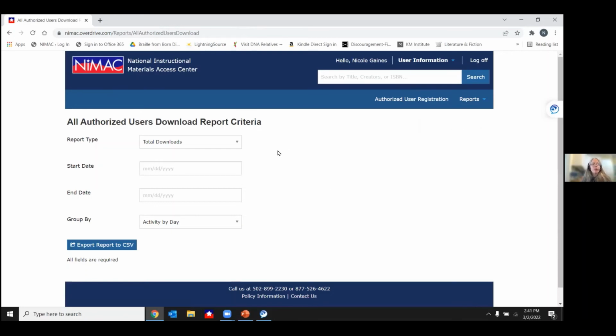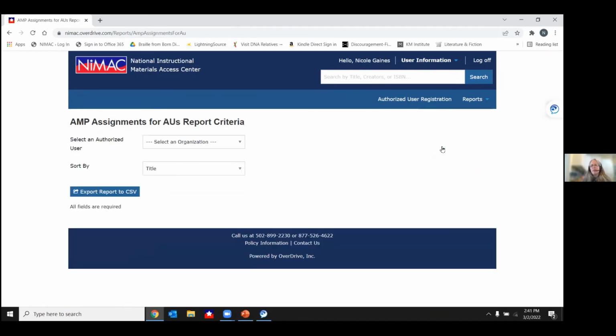When you do an export, it will export in a CSV format, which is a format that can be opened by Excel or another spreadsheet. And the other report type, AMP assignments, is also where you can choose any of your users and export a CSV for those. Again, if these are helpful, feel free to take advantage of them. If they're not, don't worry about it. If you ever find that you need a different type of report, just get in touch and we will see if we can get a custom report for you